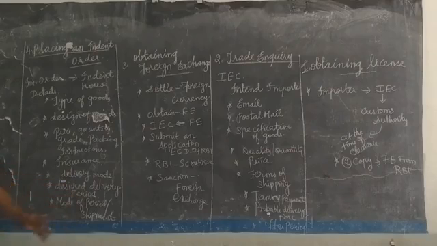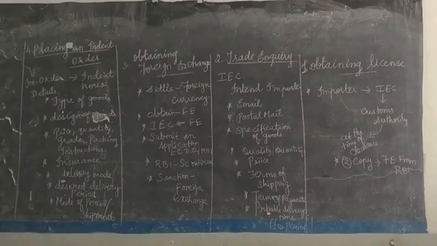After obtaining the foreign exchange, the importer wants to place an order, either directly or through an indent house. So he can place the order. An indent contains the details: type of goods, design of goods, price, quality, grade, packing instruction, insurance, mode of delivery, desired delivery period, mode of payment, mode of settlement, and mode of shipment. Everything will be included in the indent order.